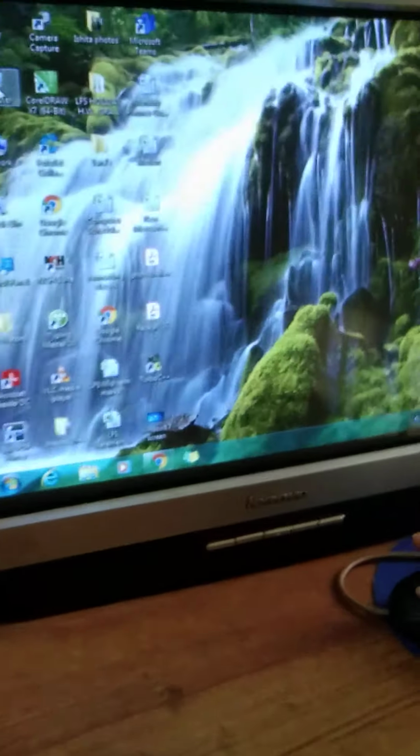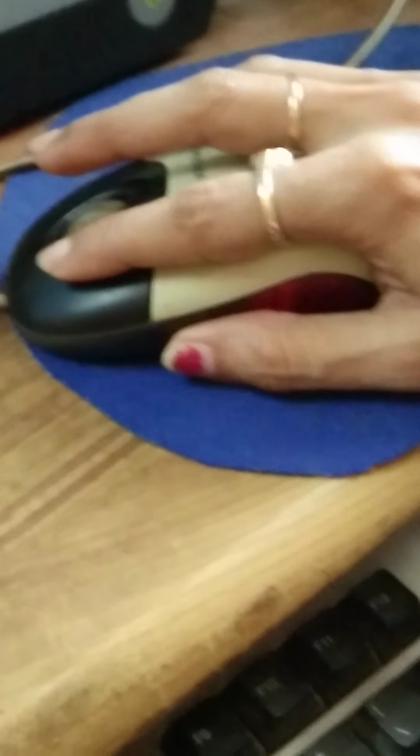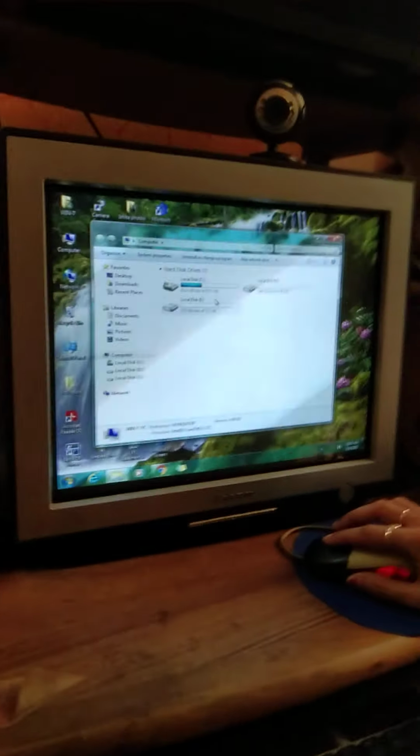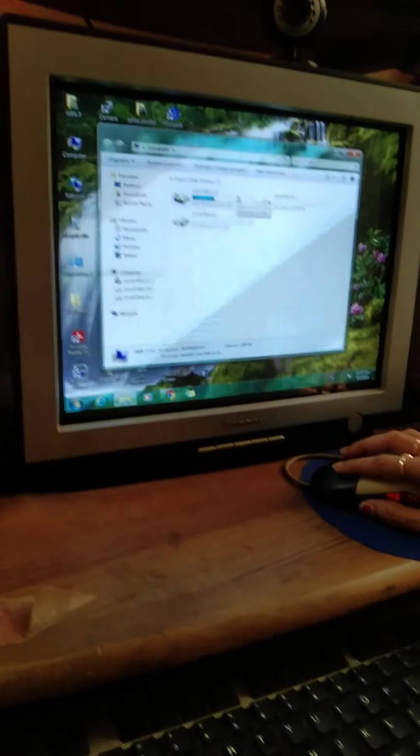Now if we double click on this computer icon, this window is open and it shows all the drives which are stored on the computer. Hard drive is the place where information is stored. So computer has this C drive, D drive, E drive. All the files and folders are stored in these drives.